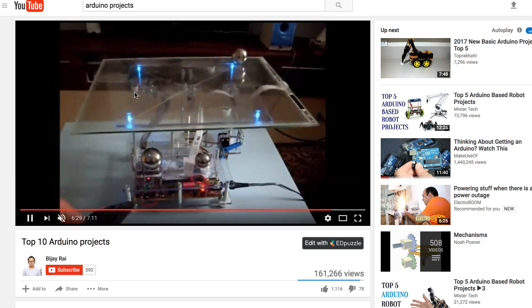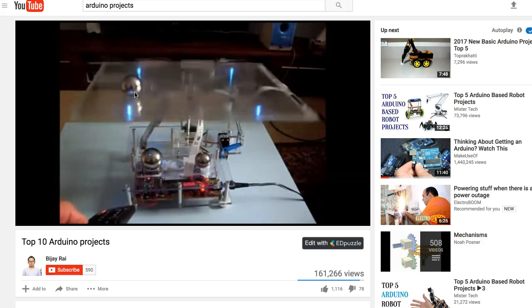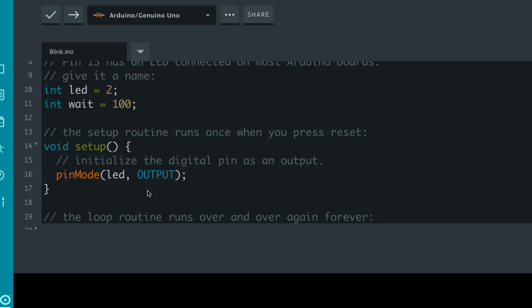Okay, and the point of showing you this is to show you what a wide range of applications the Arduino has, because really the limitation is your imagination. If you're still having trouble wrapping your mind around it,